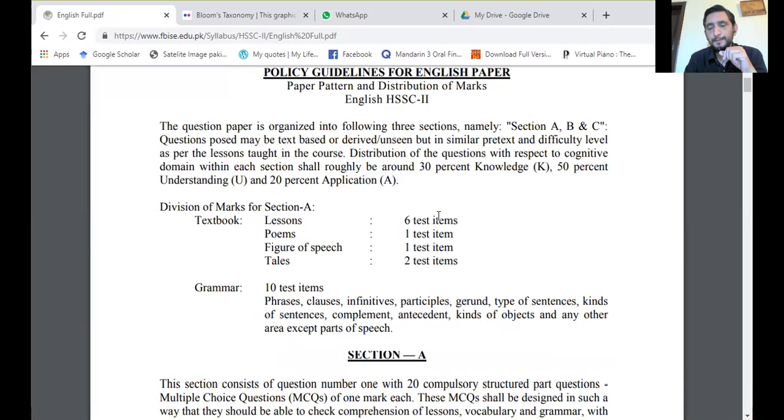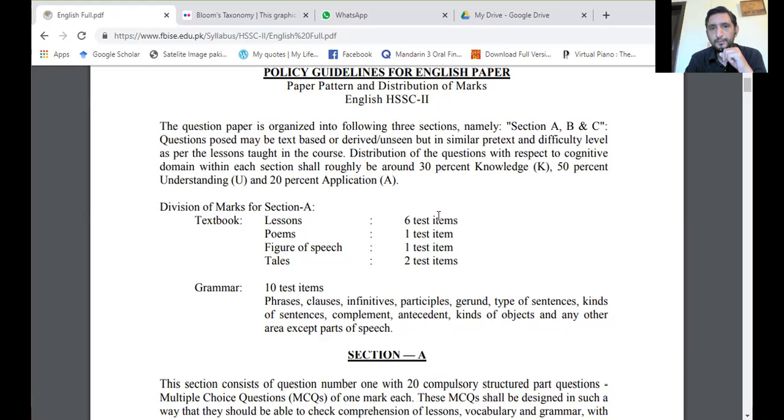For the question paper, we first need to see why there are these changes. As you all know, students work hard in Pakistan. They learn all the tenses, all the grammar, and still, in real life or practical situations, when they're given a certain task, they're unable to demonstrate their language skills. This textbook and paper pattern will help us learn English, and help us as teachers to teach English as a language, not just as a subject.